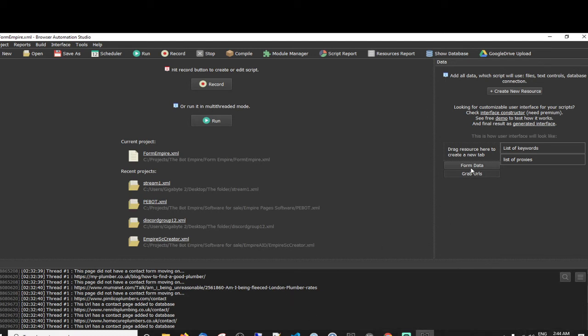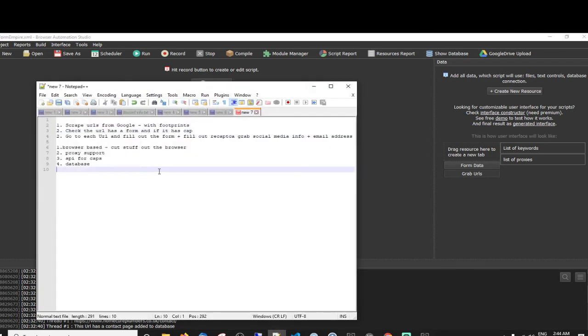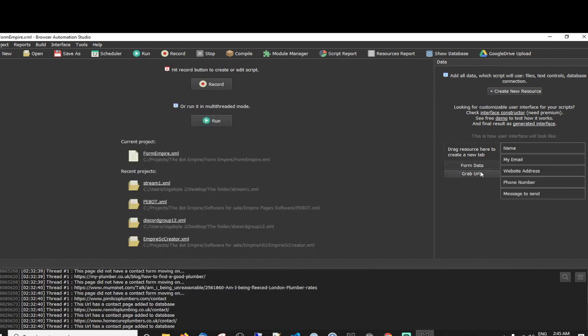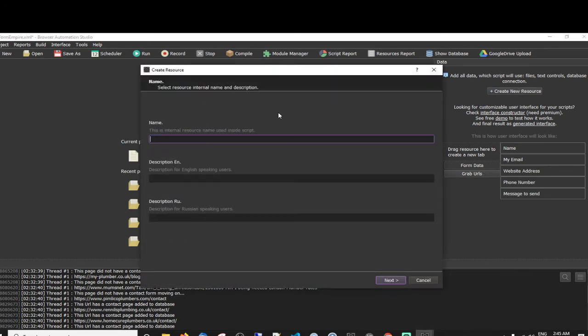Righty ho, so we got that. Let's have an optional module. Just trying to think this through. Let me go back to our lab work. Scrape URLs, check URLs has a form. Do we need that? Should I make an optional module for that, so that people can just go straight onto filling out the form? And I need another thing while I'm on the form data: the API. Do we need this here?